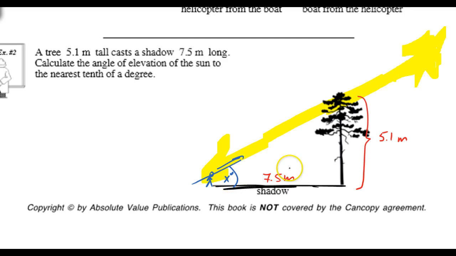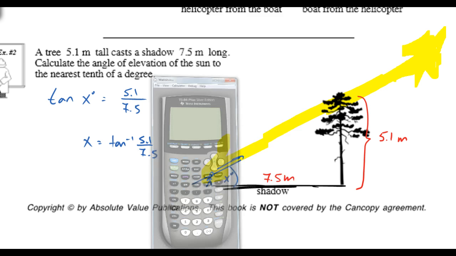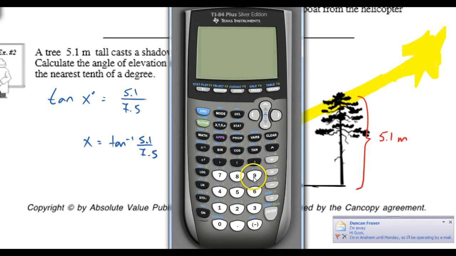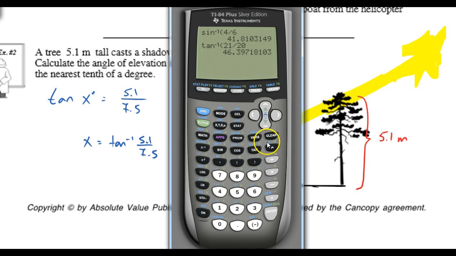With respect to x, we have the opposite and the adjacent, so that would give us the tan. So tan x equals 5.1 over 7.5, and then x equals inverse tan 5.1 over 7.5. And with your calculator, inverse tan, well, running the batteries here. Here we go. There we go. Okay, so inverse tan